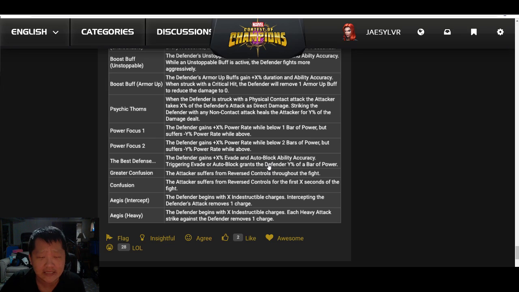Proxima Midnight, I believe, has True Strike. Heimdall, like if you're someone who runs Heimdall in your backline, you could take this node down with just your Heimdall. Moving on, you'll have Greater Confusion, which is,